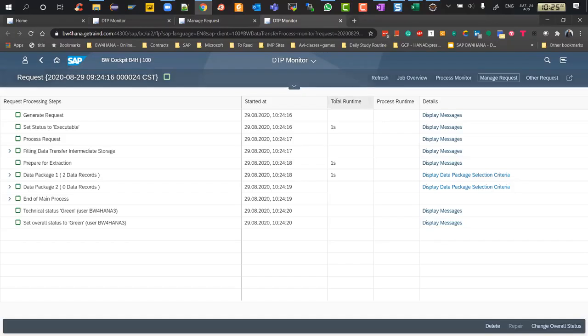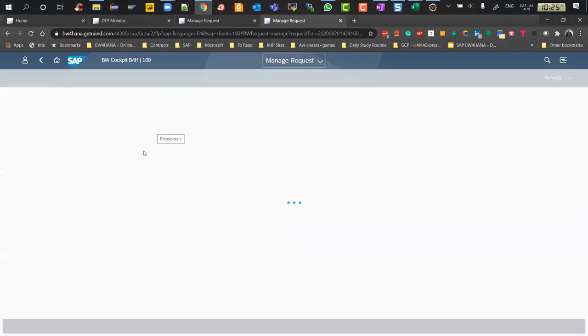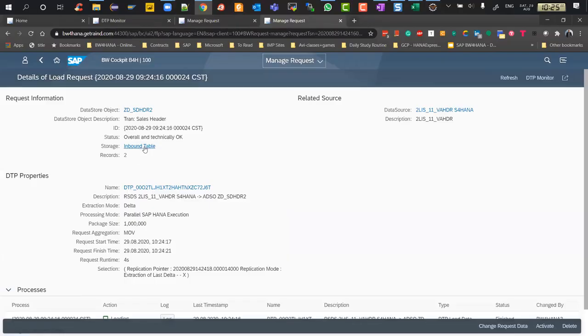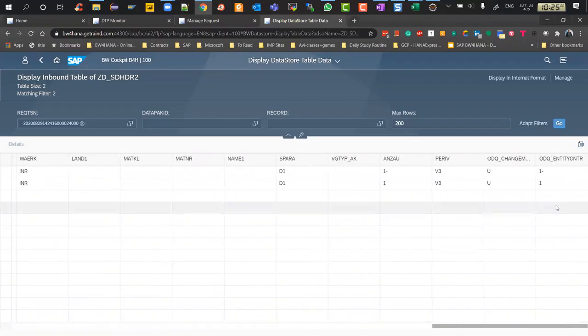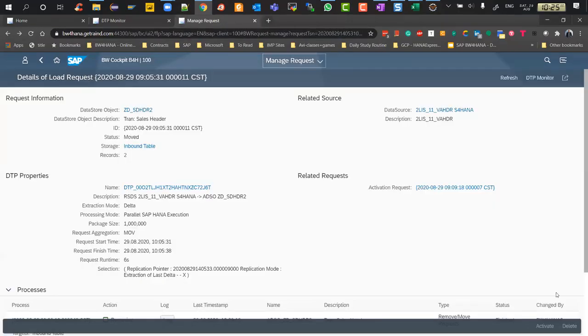Thank you. So we'll go to manage request. And because delta has a higher relevance than the initialization, we'll quickly check the inbound table. I am not sure if I can touch upon CDS view today. Okay, so from 8, it became 5. Okay, and it will be U minus 1 plus 1. U minus 1 plus 1. Okay, so now we will quickly,